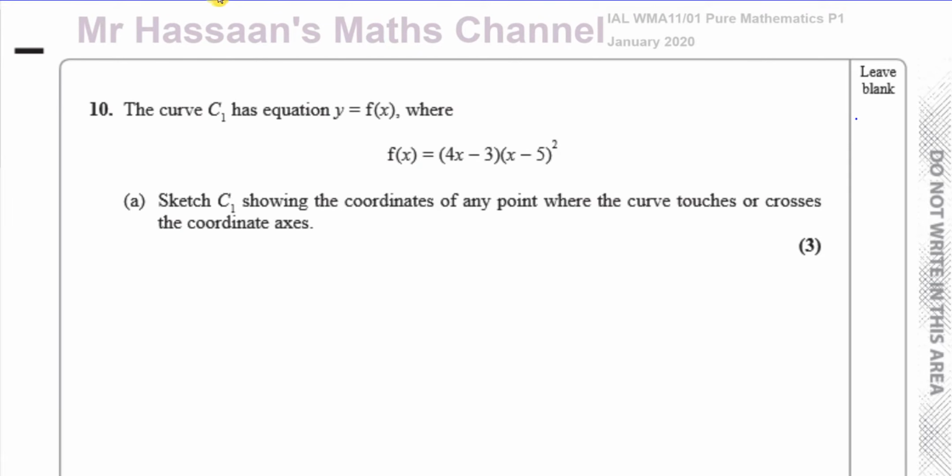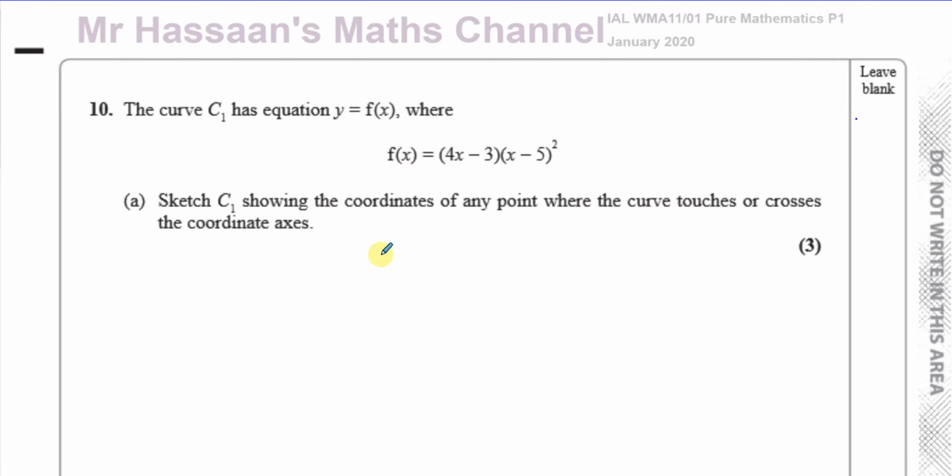And this question here is about curve sketching and cubic curves and also transformations. So part A is asking us to sketch the curve of y equals f of x, where f of x equals 4x minus 3 times x minus 5 squared. That's called C1. And we're going to sketch C1 showing the coordinates of any point where the curve touches or